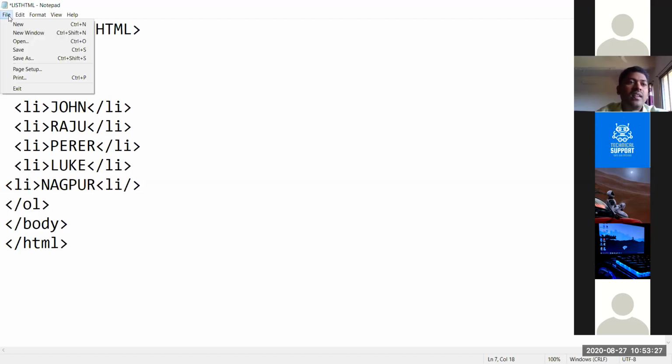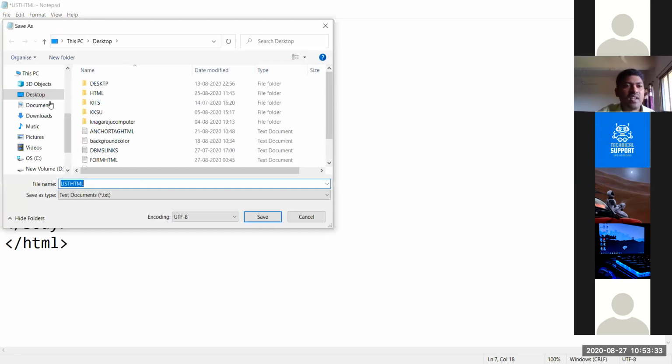Okay, simple procedure. Click on File, Save. Generally you save your program on the desktop, then give the file name. I'm giving the file name Orderlist dot HTML, HTML for the extension. Then click on Save.